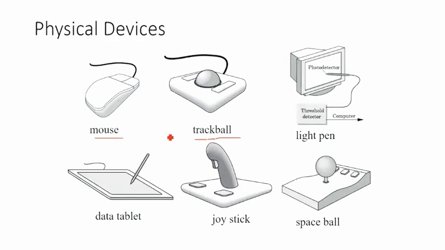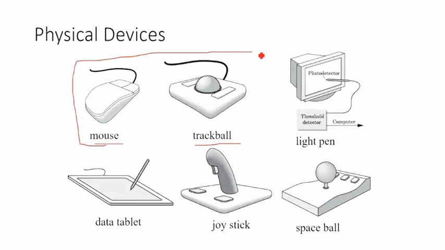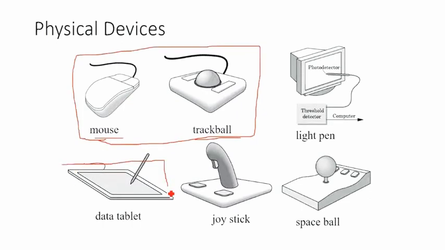Basically these two devices capture the input in a 2D plane, and the position that returns to the API or back to the operating system can be a position in the 2D plane, and that will be captured back into your screen position. Then we have the data tablet. You can consider your mobile phones or any tablets that you have. You can use a stylus or your finger nowadays, right? Basically it captures the absolute position of where you have touched the screen, and that position will be captured using your data tablet.